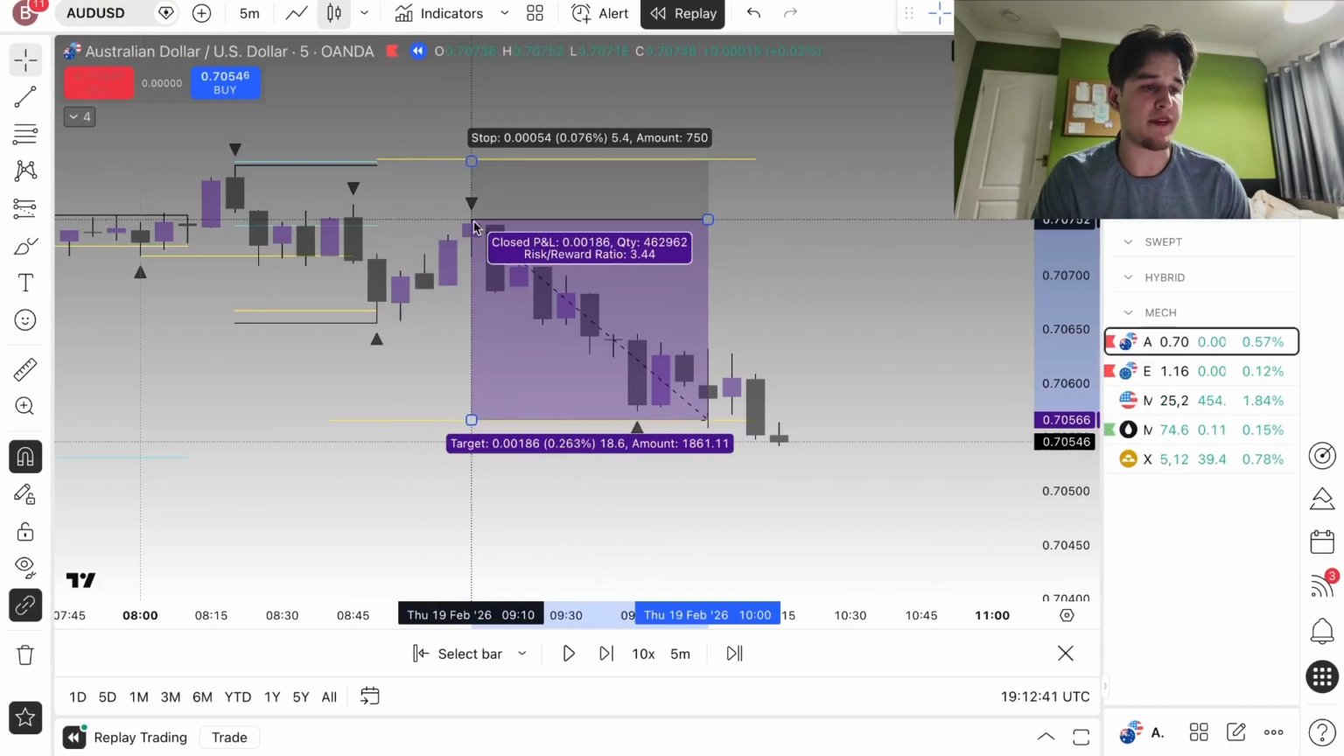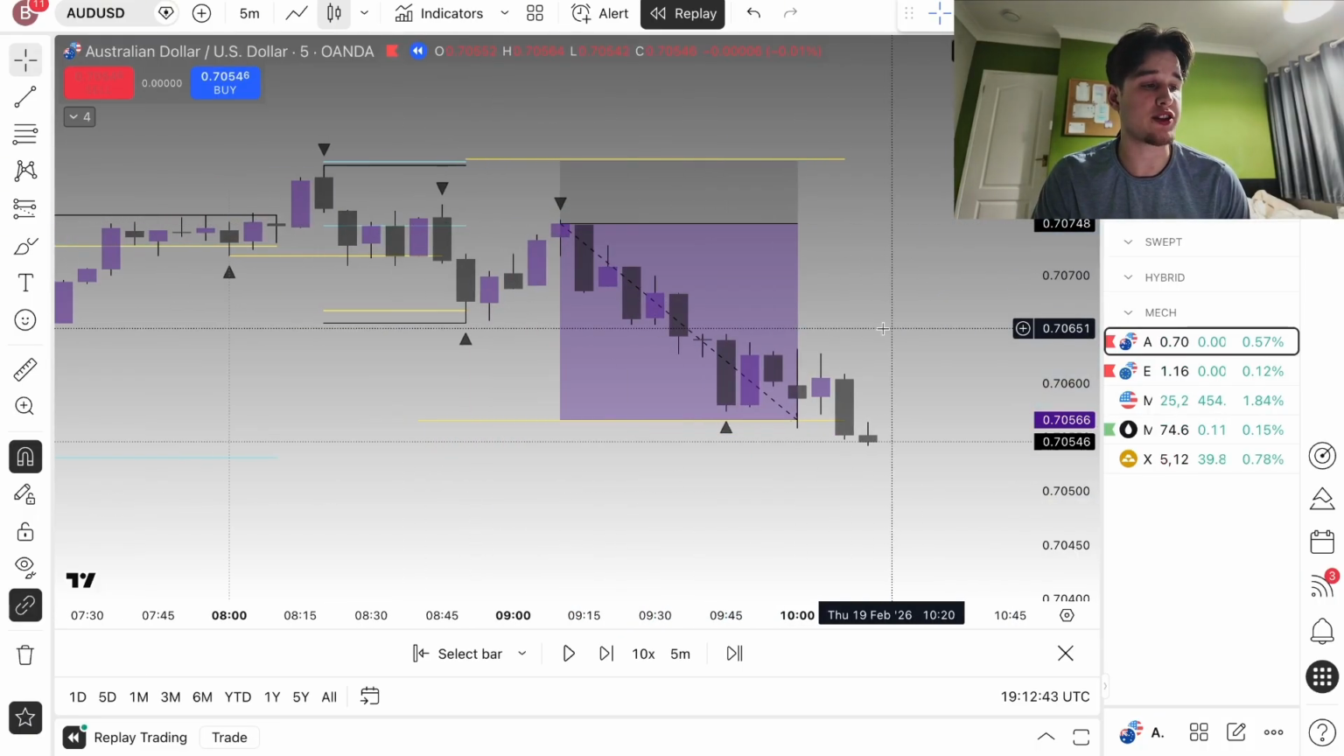Now, you might be thinking, this is not how easy trading should be. Well, it is. This is how easy trading is. And if you're not trade mogging in 2026, you are kind of